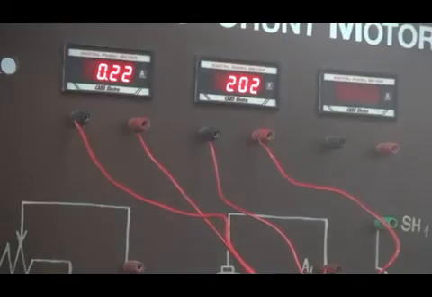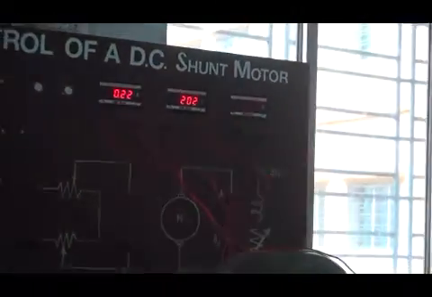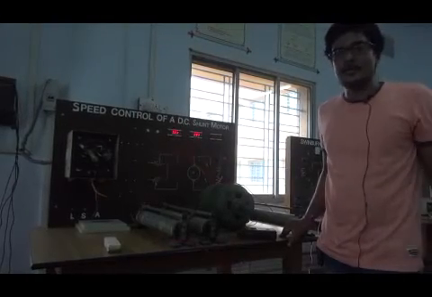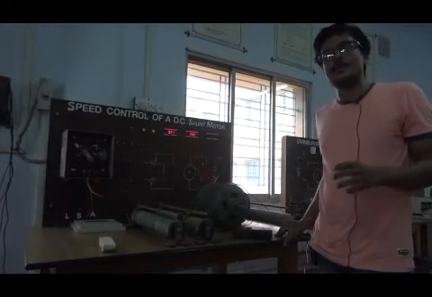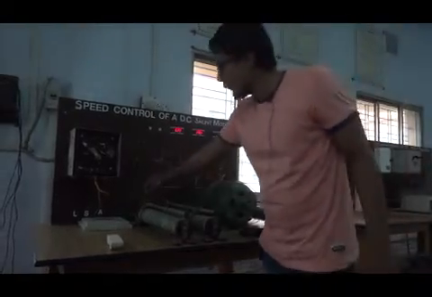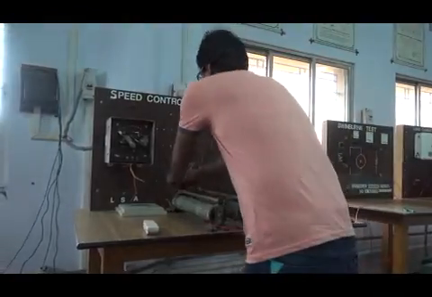There is also a drop in voltage that has been seen across the armature. So in this method we can see with the rise in resistance the speed has been decreasing. So it is the method of speed control below the rated speed. Now we shall be trying to control the speed above the rated speed by field flux control method. What we will do, we will reset the rheostat value of the armature to the initial position.